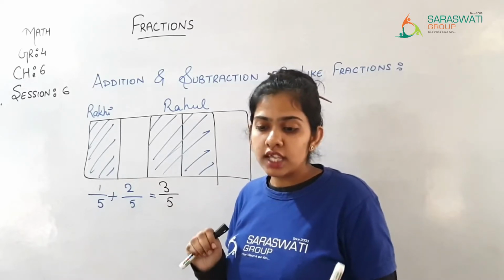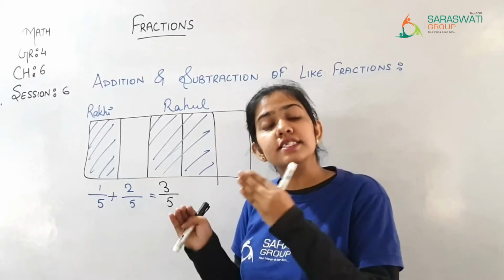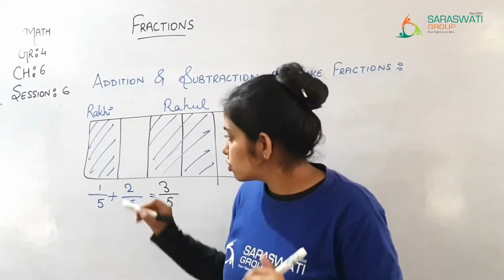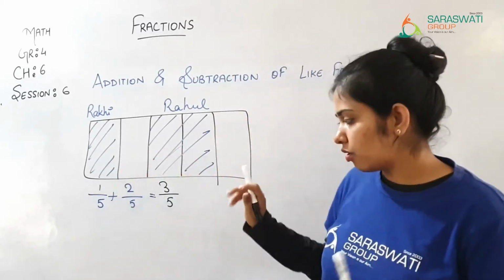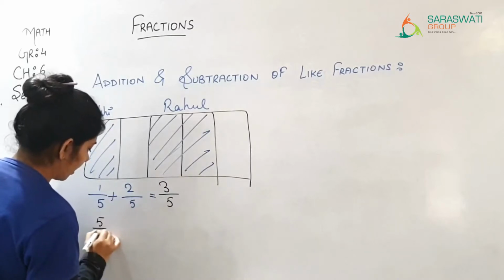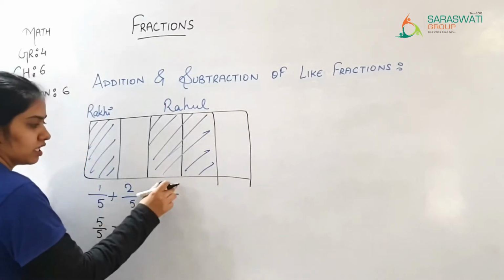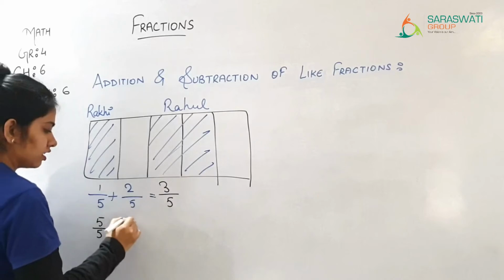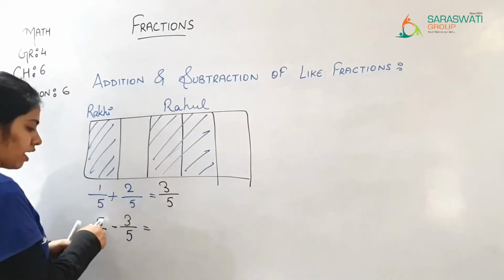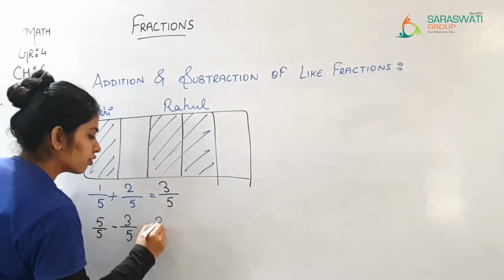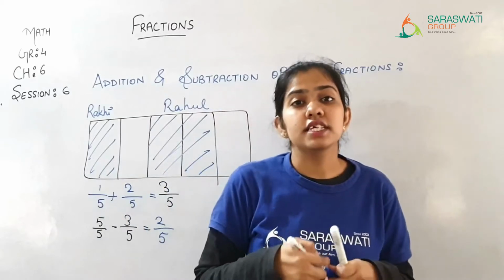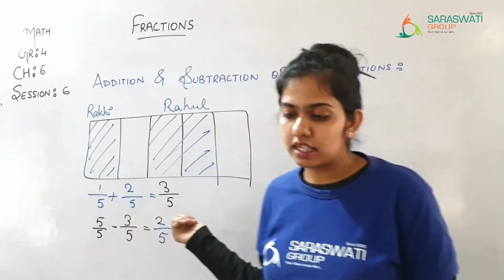Now, और what part is yet to be complete, अभी complete होने में और कितने parts बाकी है. So total how many parts we have? 5, right? So 5/5 minus complete कितना किया? 3/5. So 5 minus 3, 2, so 2/5 part is remaining, means it is yet to be complete.